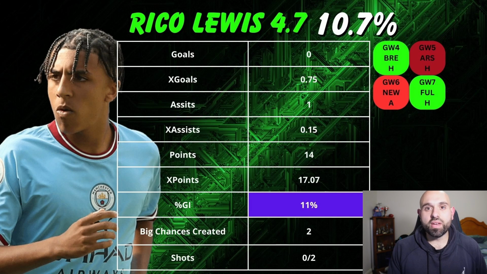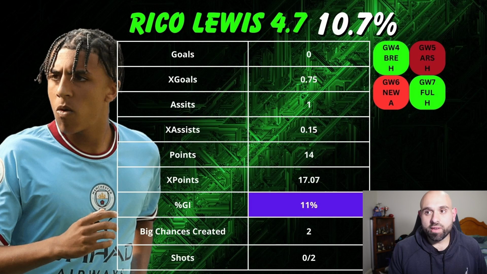Now, the goals haven't been there, but he's got 0.75 XG. A lot of that was from the Ipswich game where he rocketed one off the crossbar, and he's got 1 assist there as well. But he's playing more as a midfielder than he is as a fullback at 4.7 million at 10% owned. Fantastic option if you are on a game week 4 wildcard, because you can plan your team to have 5 defenders, and if things go wrong like it did with Gw4, you wouldn't have to be pressured into that sale. Again, you're talking about a 4.7 option that's playing for Man City.